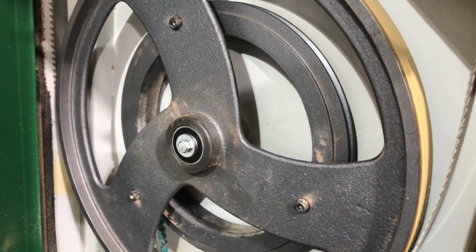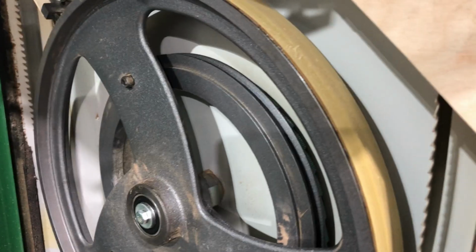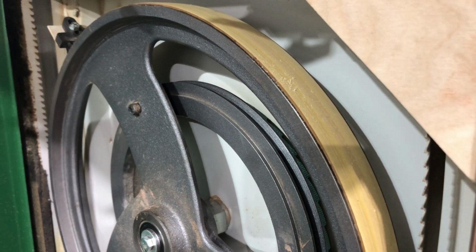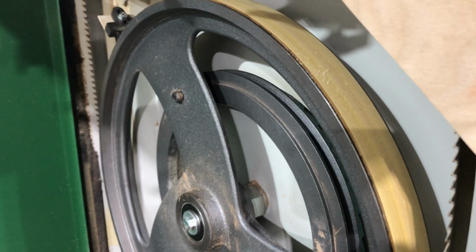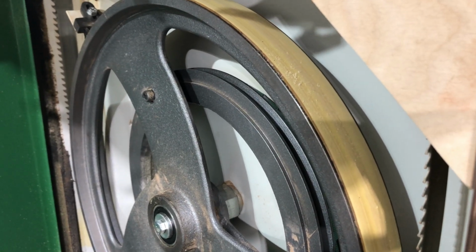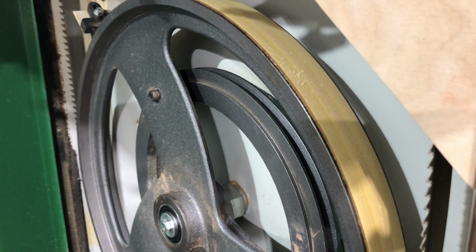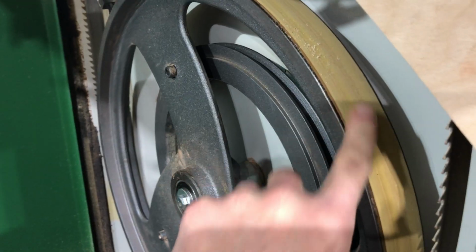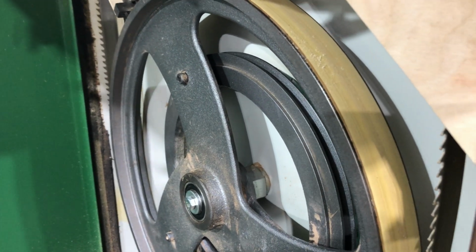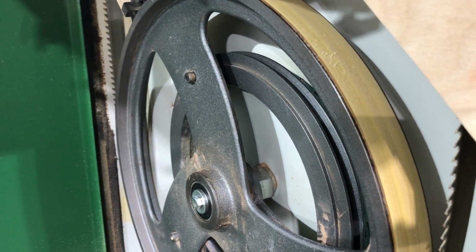But same diameter wheels, same diameter bearings, and after a number of years, my tires have held up great. Every so often, I will run over them with a little bit of mineral spirits or alcohol. If they do get too tough, I'll even take a little bit of light sandpaper and just sand the wheels down just to clean any residue up. Helps your blade track and run smoother with less vibration if you don't have a bunch of debris on your